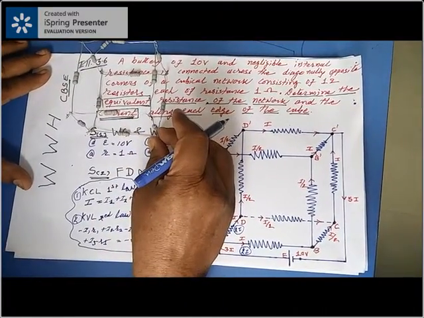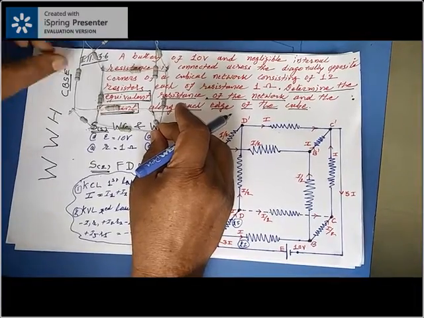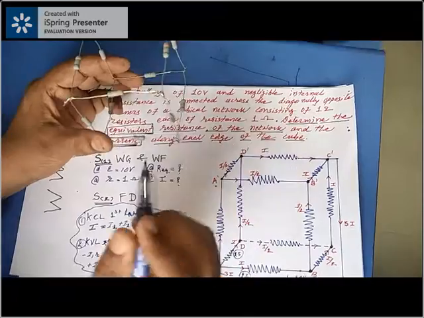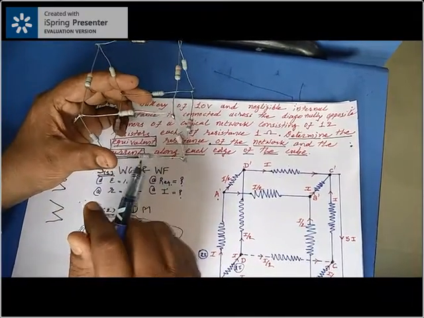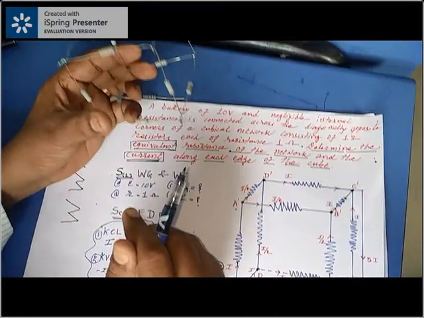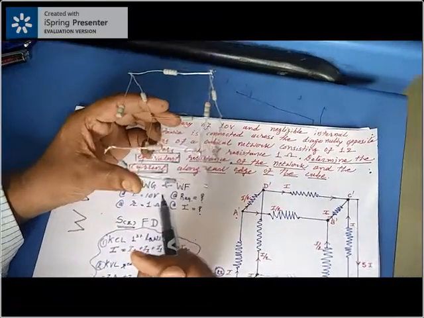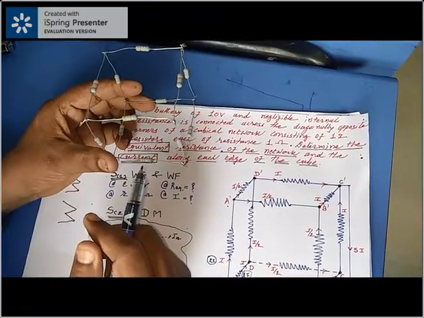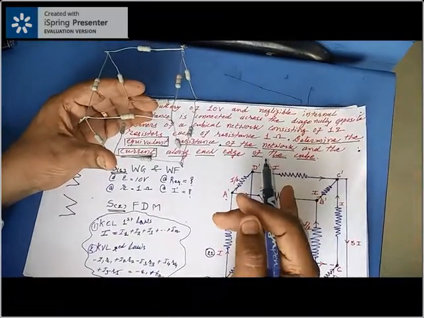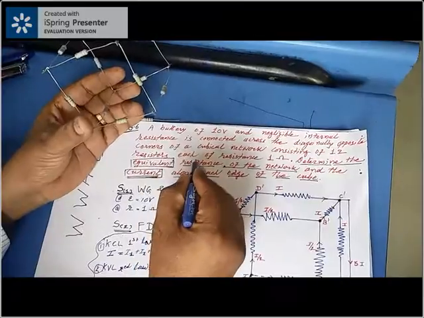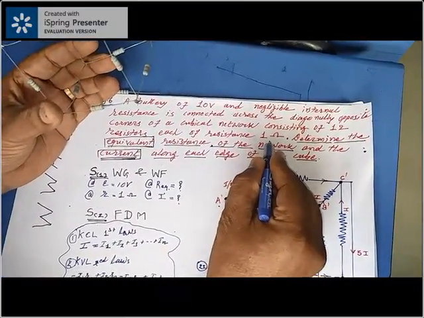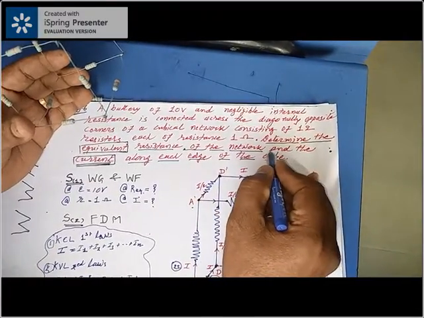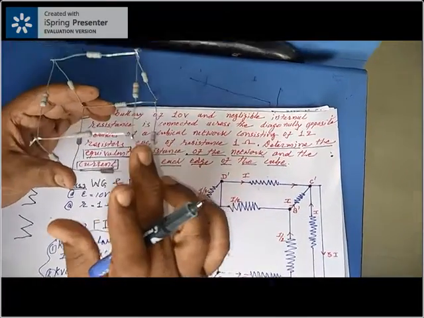Today I will select one example of CBSE illustration 3.6. See here friends, this is a cube which has 12 resistors. The value of one resistor is 2.2 plus or minus 5% ohms, but in the given data, the resistor value is 1 ohm. In this example, we have to find out the equivalent resistance of the given cube,